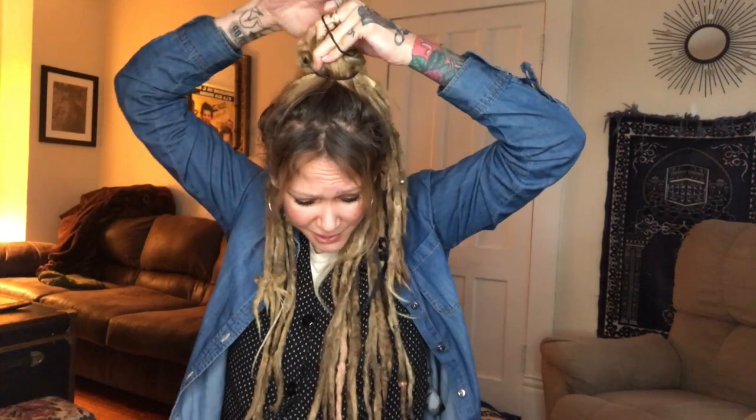Sometimes I just keep it like this, but if I want to do something a little different, I will just take some of them, like half, and leave as many down as I want. And I'll just take a regular hair tie and kind of get it. I'll leave some of the hair down and just keep the top part up, and I'll either just do a quick top knot,